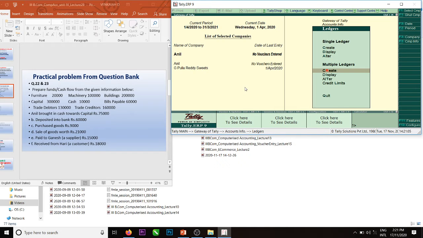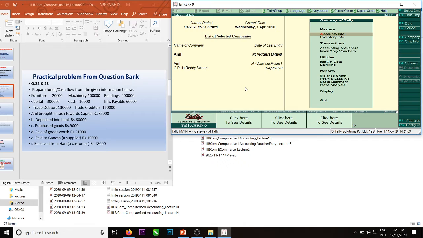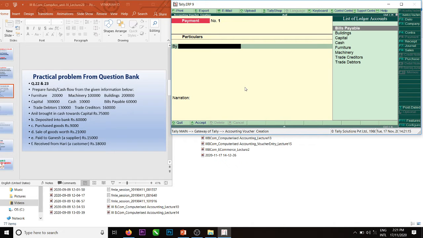Save. Instead of save, we can press Control A. Now directly we will move to voucher entry, accounting vouchers. Anil brought cash towards capital, that is a receipt voucher.